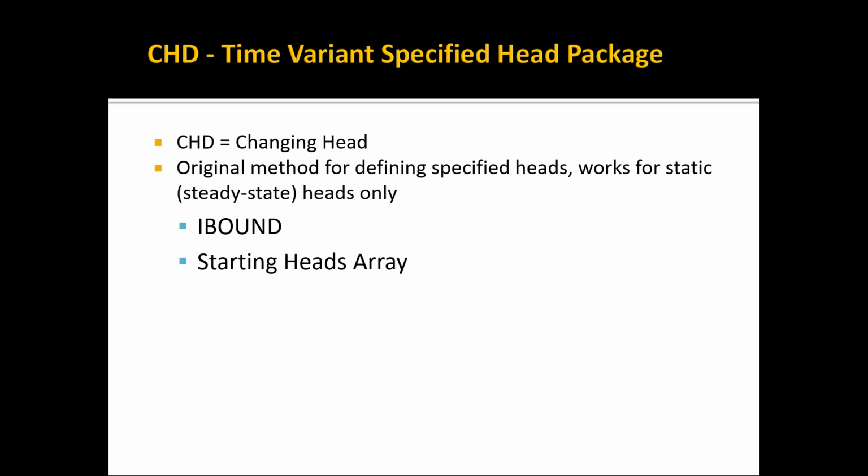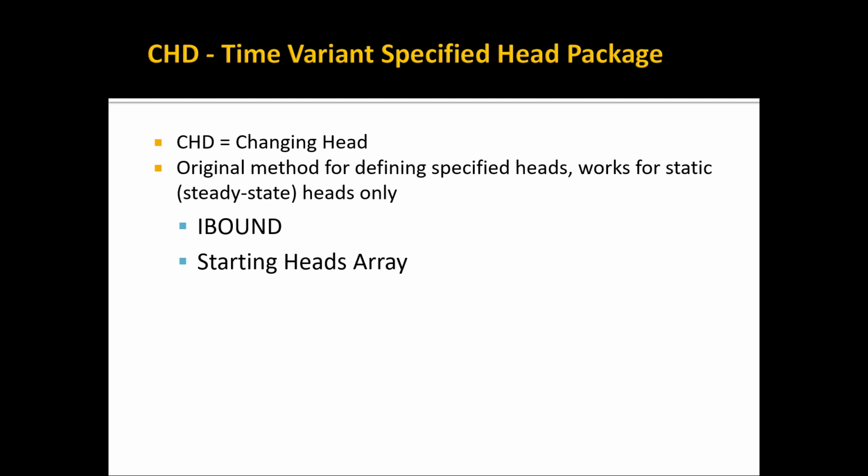The original method for defining a specified head is for the cell where you have a constant head boundary, you give it an I-bound value of -1. And then for the head associated with that, it looks in the starting heads array. So through a combination of the I-bound array and the starting heads array, you can define these constant head boundary